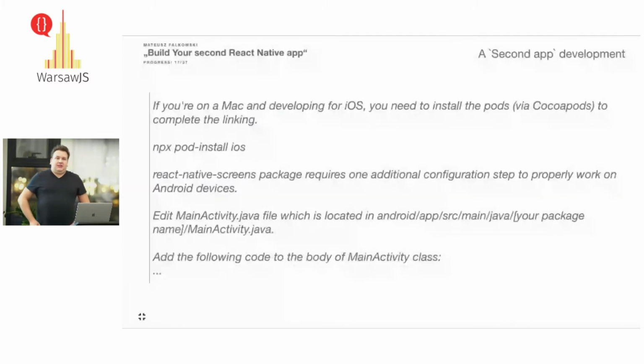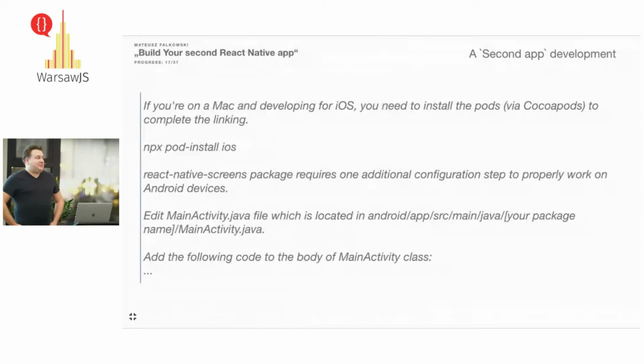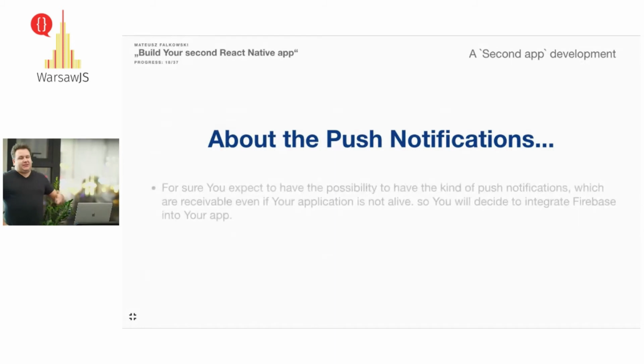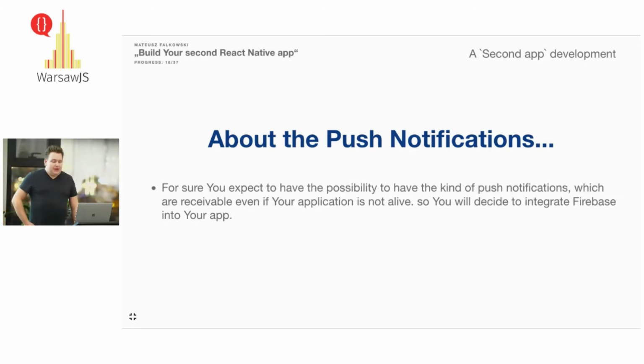And after reading some instructions on how to set up the application, we see something like that. Some pods, some Java editing. Come on. What is it? Okay, let's do it later. About the push notifications. If you want to implement push notifications that will work continuously in the background, even if your application is not up, you will probably land on integrating some Firebase, React Native Firebase, let's say, which will integrate the push notifications.